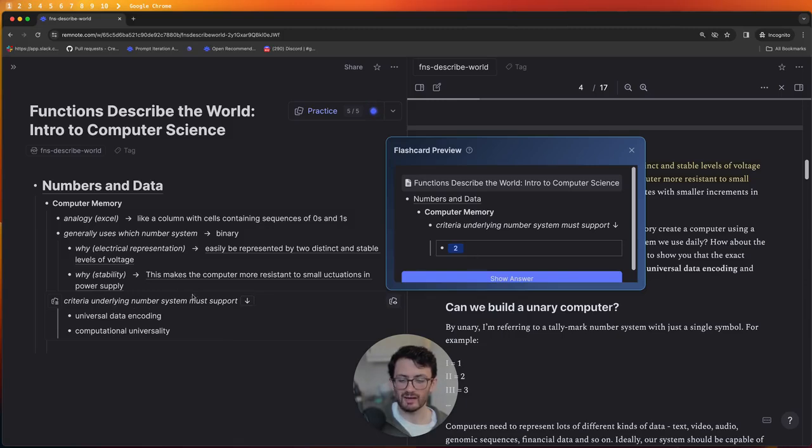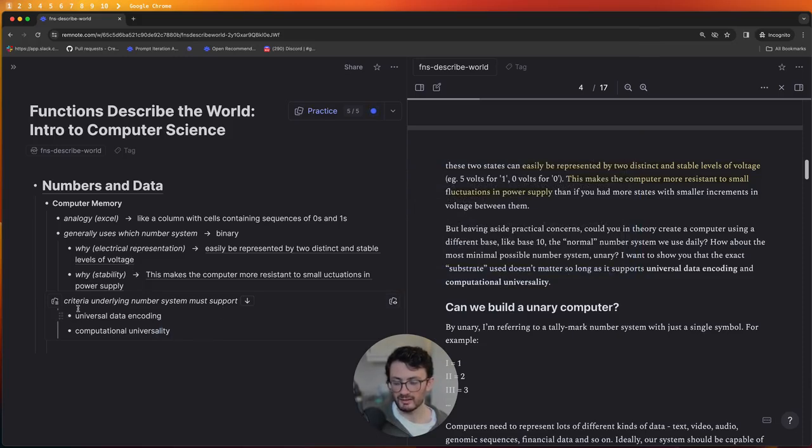Or is it variable in the sense that there are many possible answers to this question that could reasonably be given? Especially as I gain more knowledge in this area, I might have a more refined understanding and I might be able to come up with other reasons, other criteria a number system should support if it's to be used as computer memory. So again, I think we need to refine the question in order to narrow the space of